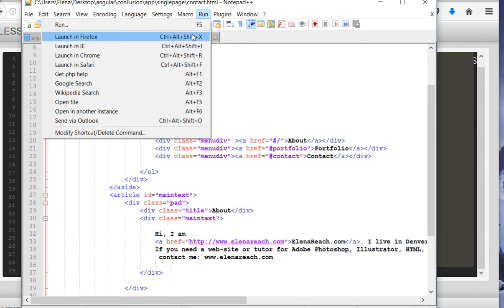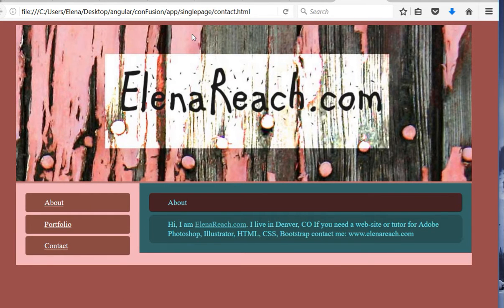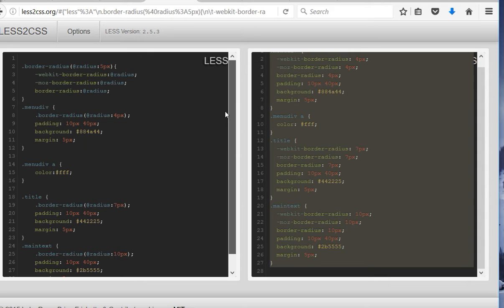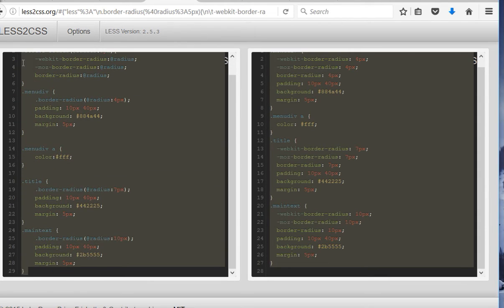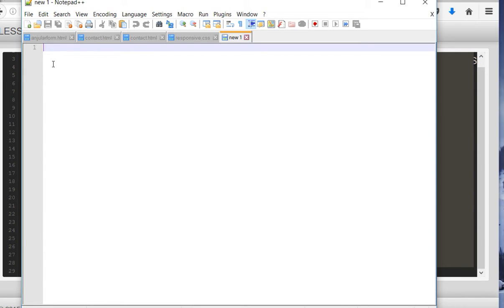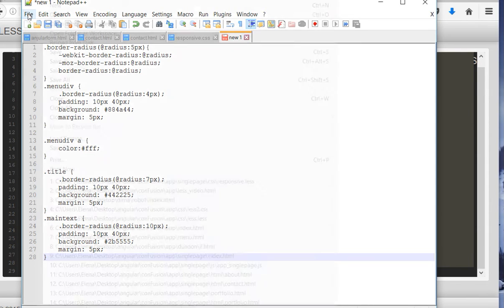and run my website one more time. See, wonderful, beautiful, curved borders in 1 second. And this is because we use LESS. So of course, after you make all these changes, you save your LESS file, because if you want to change something more, you change it with the extension less. So you just Ctrl+C and, for example, create a new file, a new file with all your CSS, and you save the file with Save